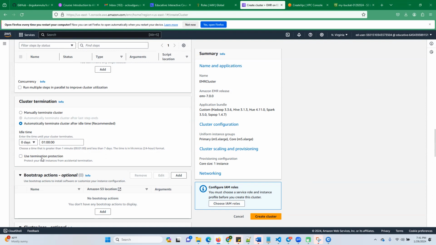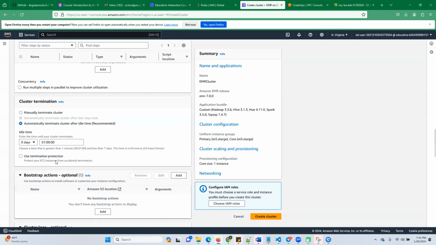removal. Suppose by mistake you click on terminate cluster. Immediately, it will not take confirmation. But if you use this check mark, one flag is there, and you have to switch it from off to on. Then it will do it. So you can use the check mark, that's not a big issue, but the purpose is that it will take your confirmation, and only then